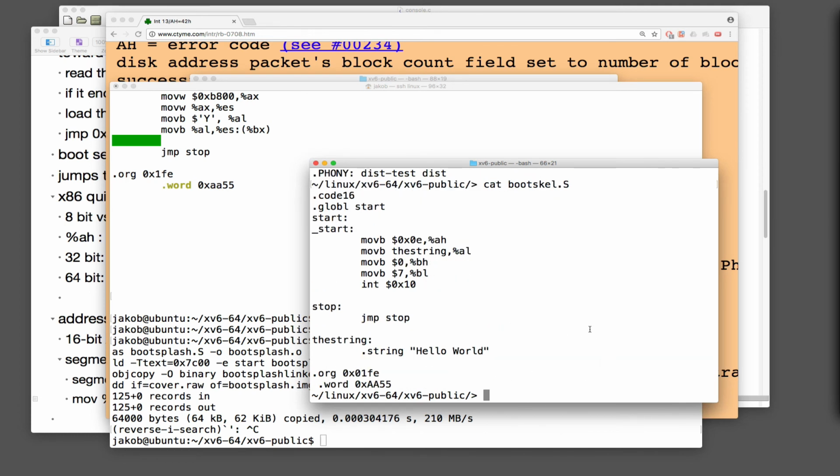In bootscale.s, this types out the first character of this string. So we're saying H, right? We're moving the value at this address into AL, and that's the first byte in the string. All right, so using similar syntax here, there's stuff like .byte, .word, .quad, .long, I think. You can create this